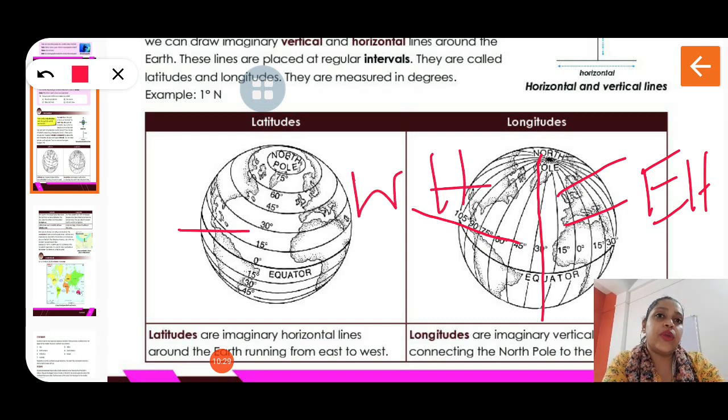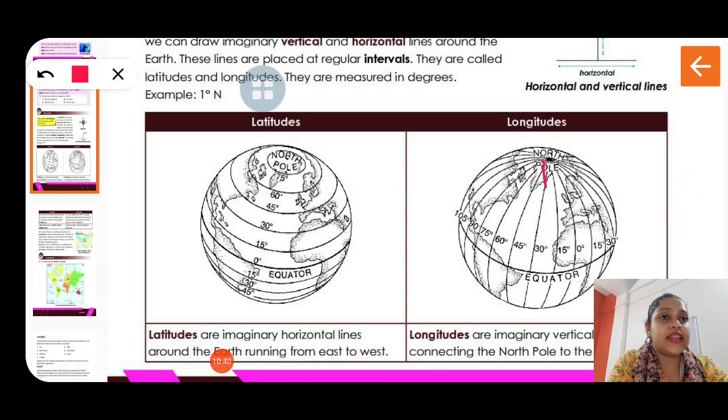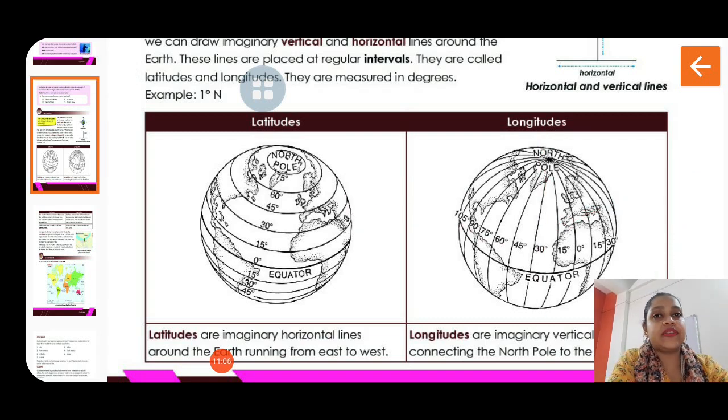So here the equator divides the earth into the northern hemisphere and the southern hemisphere, and here the prime meridian. Okay, what is the name of the longitude? The name of the longitude is prime meridian or 180-degree meridian. The prime meridian is 0 degree, and 180 degree lies opposite to the prime meridian, on the other side. So children, here it divides the earth into the eastern hemisphere and the western hemisphere. Okay children, I hope it's clear to you.